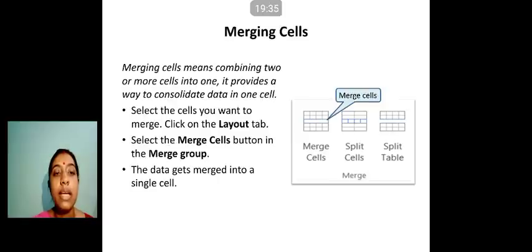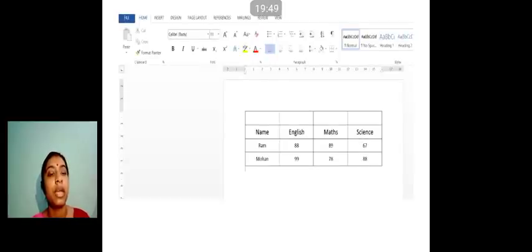Now the data gets merged into a single cell. If data is there in those particular cells, then that data will also get merged. Now let's see how to do it practically. A table I have already created to show you. Now just suppose a table is there, and on top of it I forgot to write the subjects or a heading of the table. So what I have to do is,